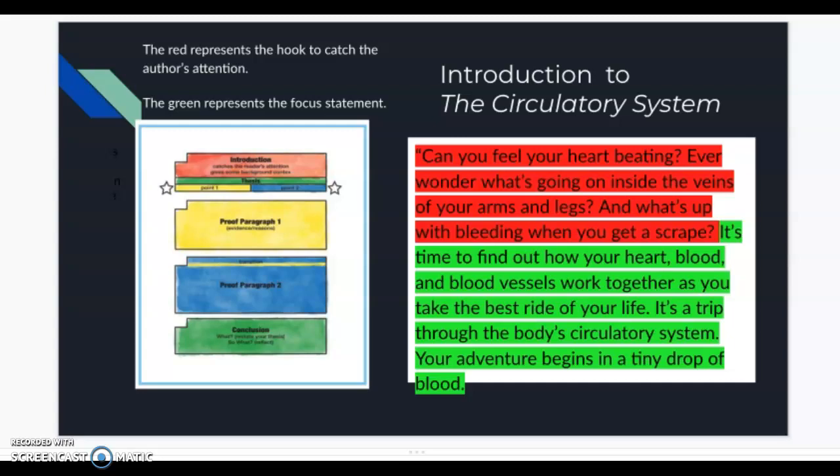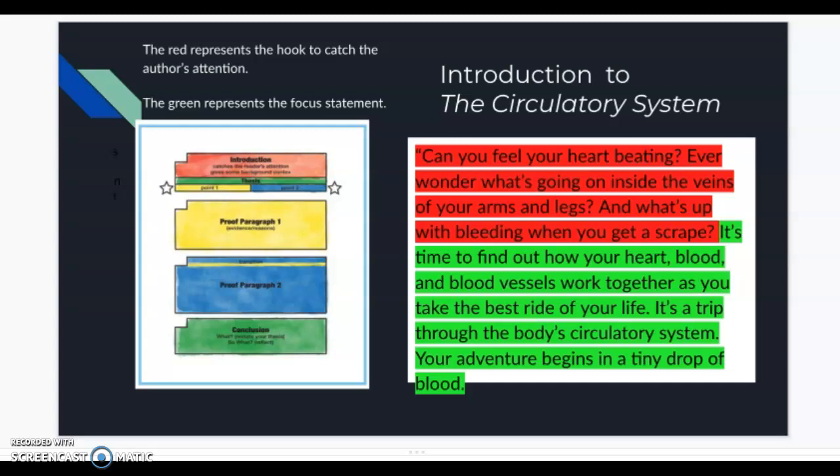What do you notice about the next green section of the text? The color green in the painted essay shows you the focus statement. The focus statement tells the reader what the whole text is about. Green is made by blending yellow and blue, and these colors show the two important points a writer is explaining